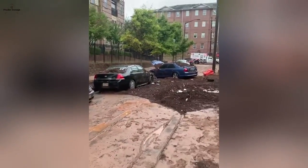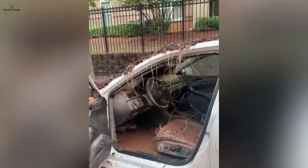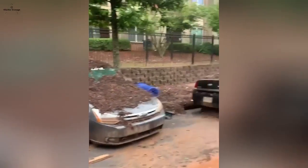Cato added it's like they live in a valley. She said she can't afford to move and also doesn't have car insurance, so her car is a loss. "It's horrendous," she said. "Can they build up the streets? I don't know, this is a poor..."